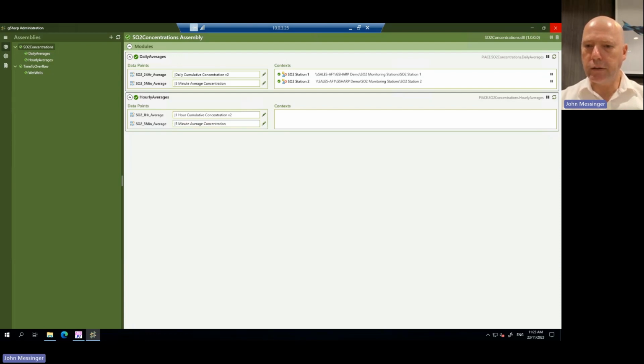I can see a couple of new questions that have come through. The first one: what are the limitations on the number of assemblies, modules, contexts? We don't believe that there are any limitations on that. We are yet to do some fairly high-scale testing. At the moment, my particular demo system has one assembly running 520 odd contexts. It seems to be running fine.